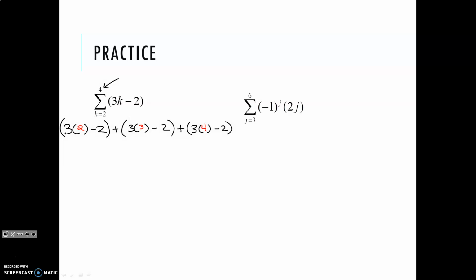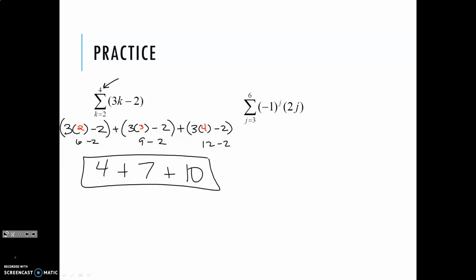Okay, so 3 times 2 is 6 minus 2. 3 times 3 is 9 minus 2. 3 times 4 is 12 minus 2. So I end up with 4 plus 7 plus 10. Okay, again, you can add those up together, but I'm going to ask you guys just to leave them as your summation pairs there. Another way that I have seen kids show their work on these, and I'll just do